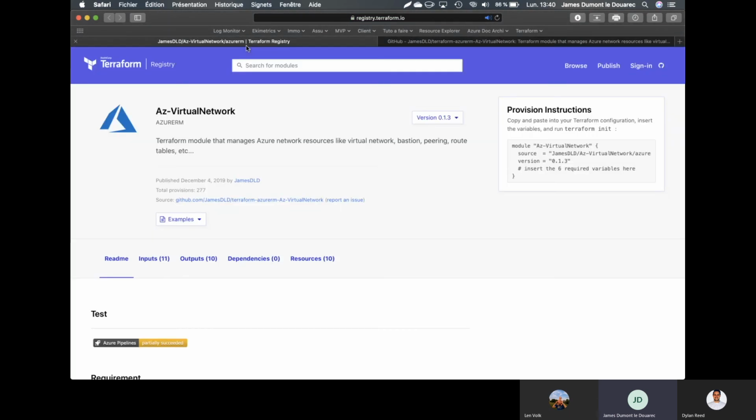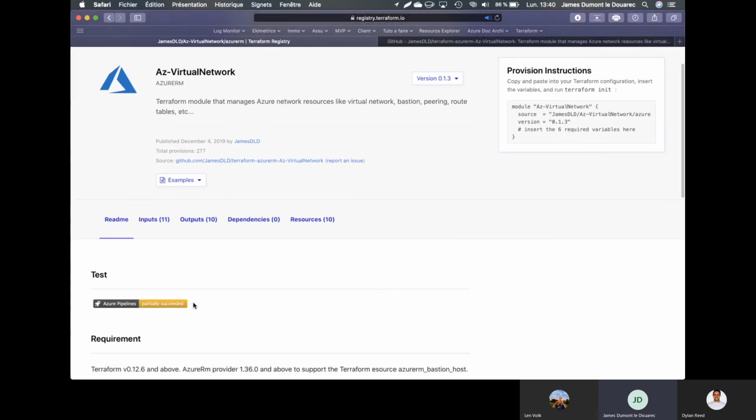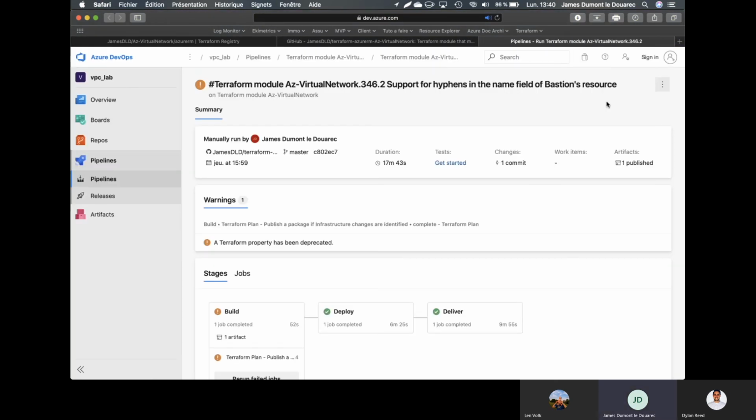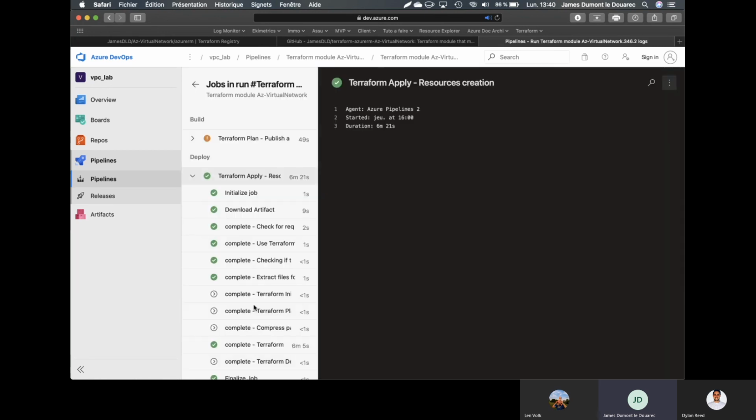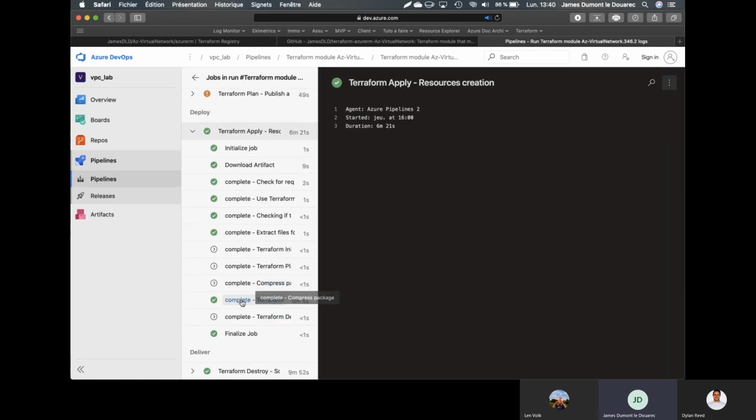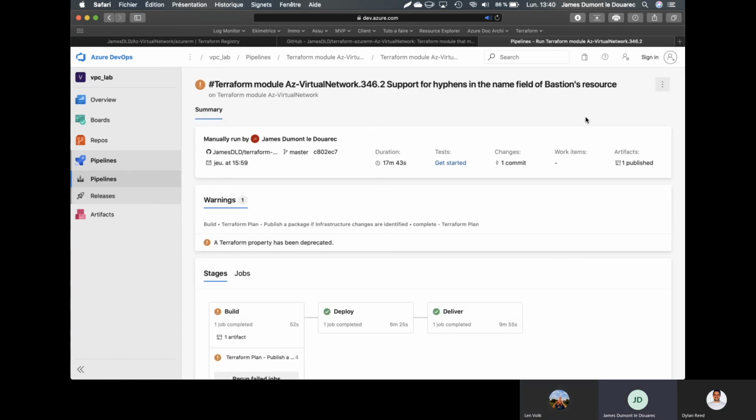It's exactly the same with my Azure DevOps pipeline. If you click on it, here I am not authenticated to Azure DevOps. As you can see on the top right, it's just writing sign in. So I don't want to sign in. So you can have access to my last version, my last code, the last test I did. And you can just check the steps that have been done among my tests. But you cannot rerun the test.